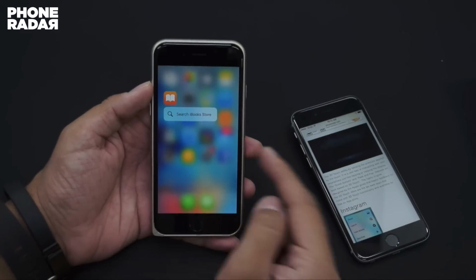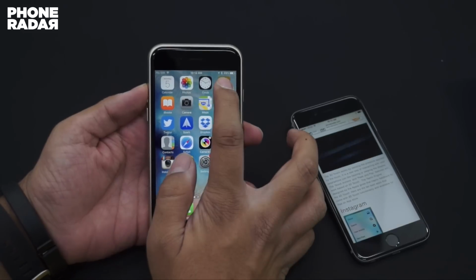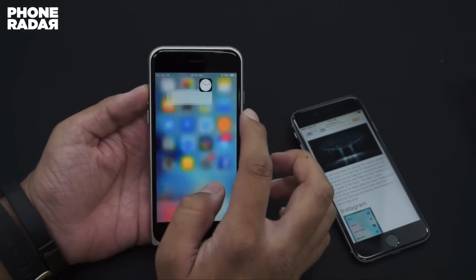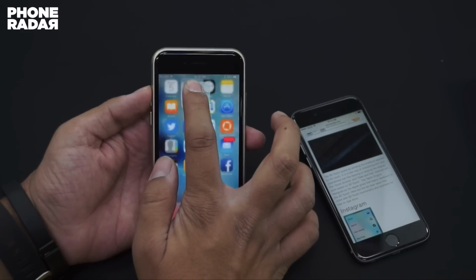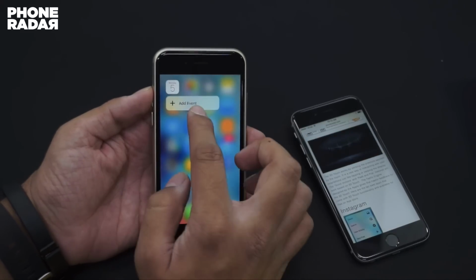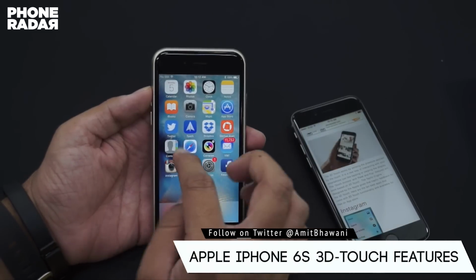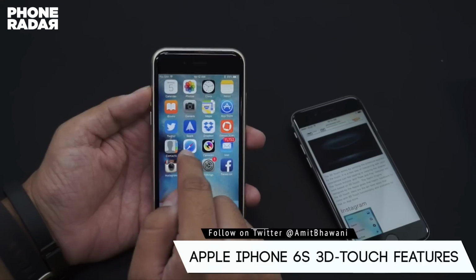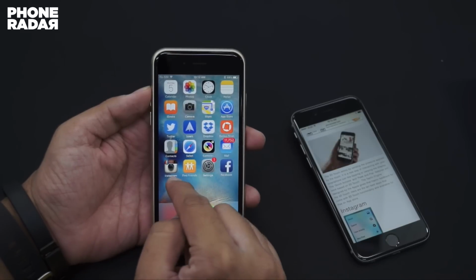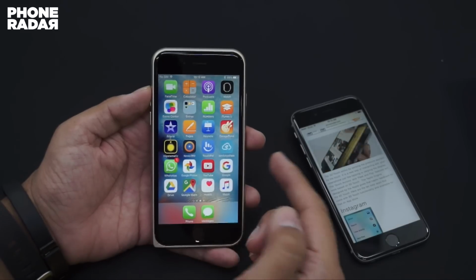Next up, here is iBooks, where you can search for books. Under Notes, you have the option of new note, new photo, and new sketch. Under Clock, you have the option of creating a new alarm, and under Photos you can find the most recent, favorites, and search, and the Calendar allows you to add a new entry. So these are a few of the applications which come pre-installed, and a few of those like Twitter, Spark, Dropbox, Genius Scan, and Instagram, which I have separately downloaded, like Camera Plus, come with this 3D Touch.